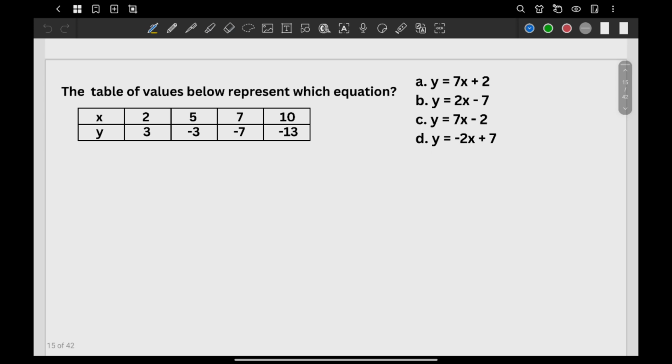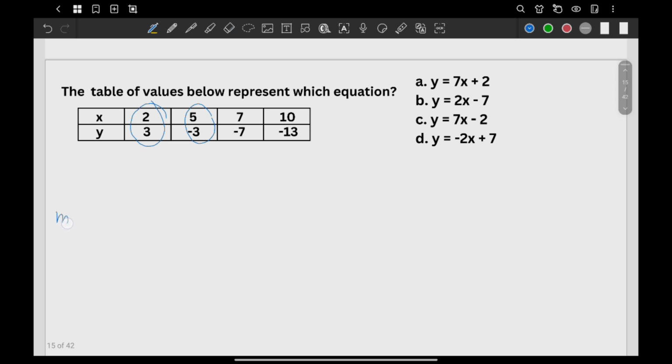So how do we solve for m? We have a formula, right? Using 2 points. As I told you last time, as much as possible, you select the smaller and positive values. Although we can select here the 2 and 3, all the rest have negatives, so we can just select any. Let's say we selected 5 and negative 3. By the way, whatever points you select, you will come up with the same answer. Okay? So what's our formula again for m?